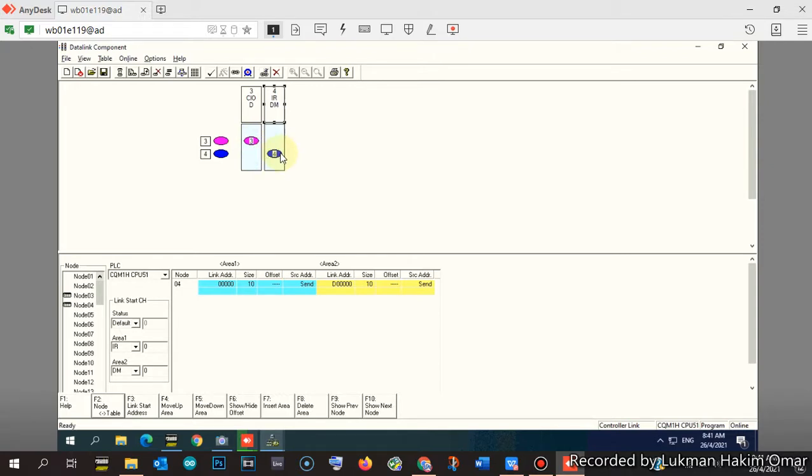Now, if we have a source, we must have the destination. If you remember the first chapter, the introduction chapter that I already explained to you before, in communication we have 5 components. We have the sender and we have the receiver. If we have a sender, the data must have the source. If we have the receiver, the data must have the destination. So now we have to insert the destination.